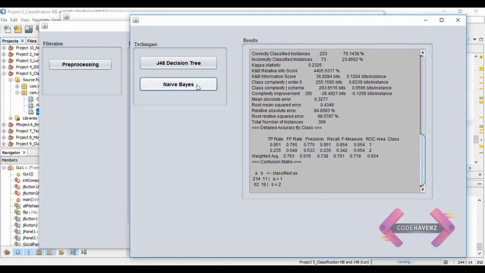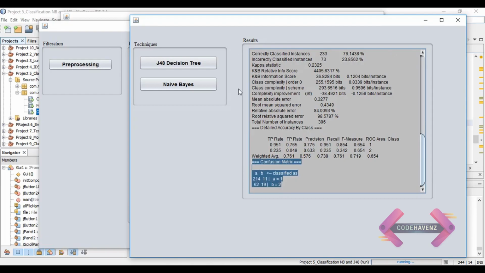And now I am going to apply the naive-Bayes classification algorithm. After applying it, I have got an accuracy of 76.1%. That means the decision tree has classified 225 instances out of 306 correctly and 81 instances incorrectly, and in case of naive-Bayes we have 73 instances incorrectly classified. All these things are calculated from the confusion matrix.